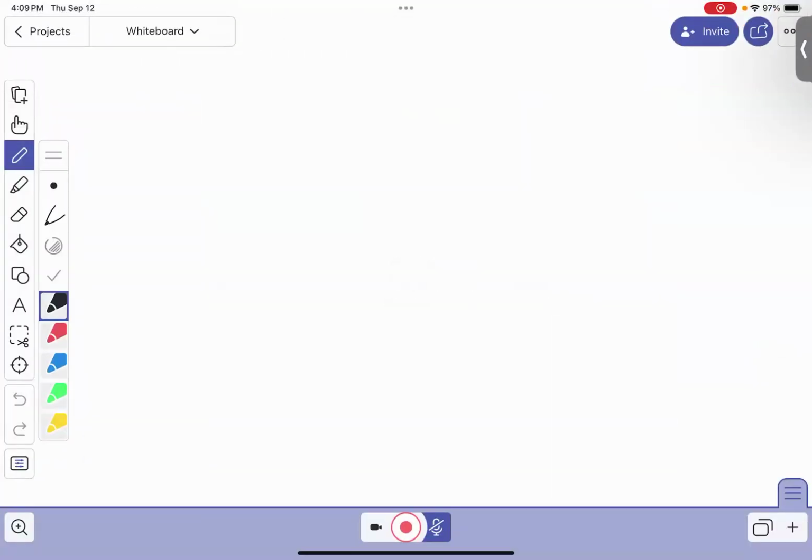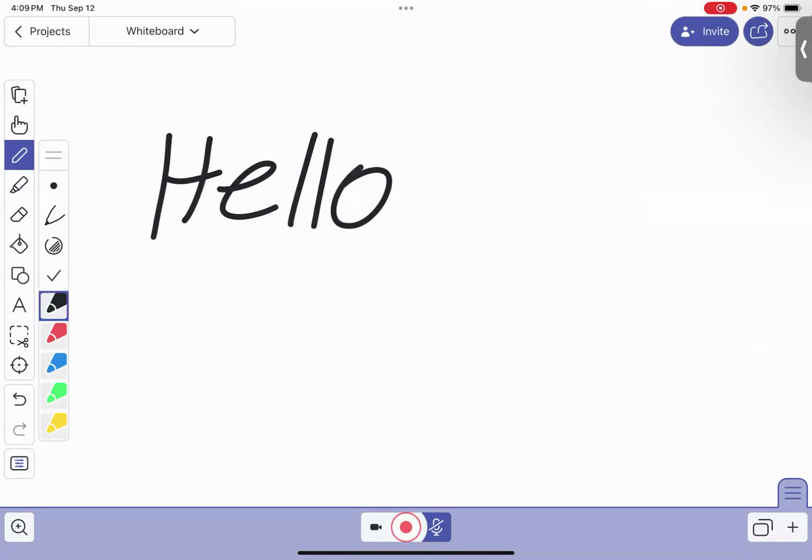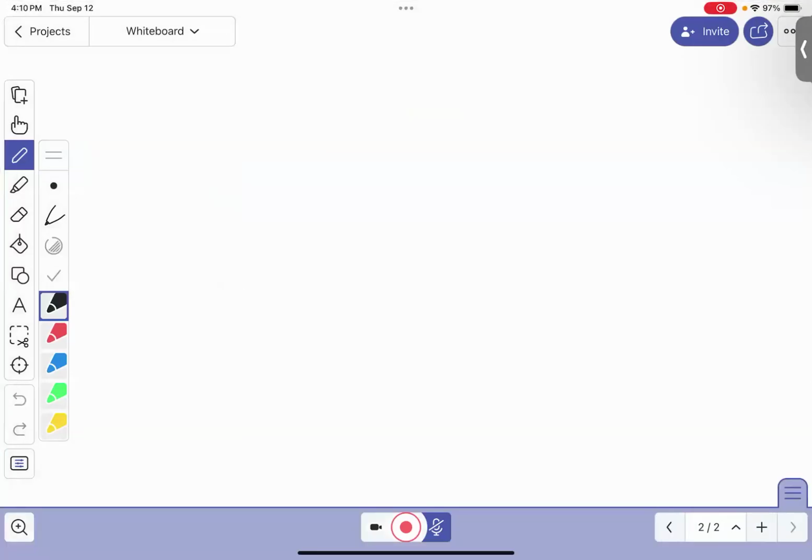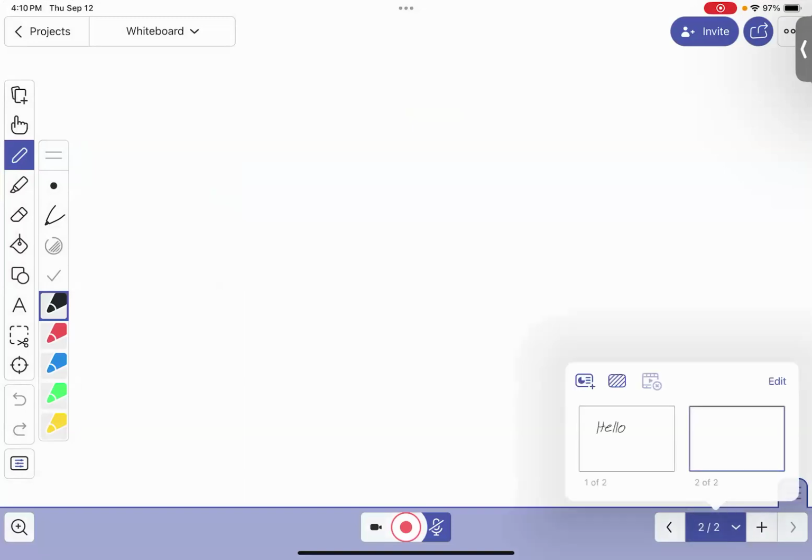And it is what it is. It's a blank canvas. So this is a board where I can just write on a blank canvas. And if I'm mirroring my iPad through the Apple TV, the students will see it. Now, if I wanted to have lined paper, then what I would do is I would tap on the bottom right-hand side, you'll see 2 out of 2. If I tap on that, and then I tap on the rectangle that has diagonal lines in it,